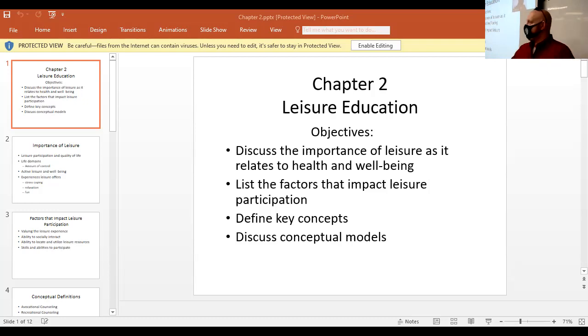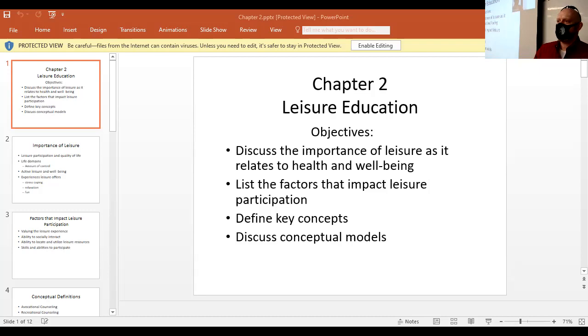They may come from a background where they have not had the ability to do a lot of leisure activities. They don't know what's out there. They may not know how to do certain activities. So we're going to expose them to some different leisure outlets that they might not be aware are there, and how to go about getting there. How much does it cost? What kind of equipment do you need to have?